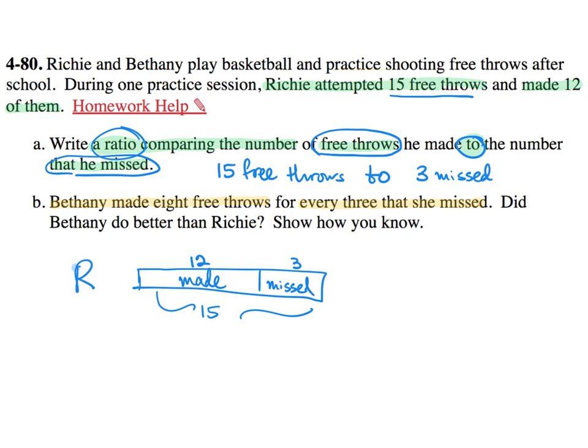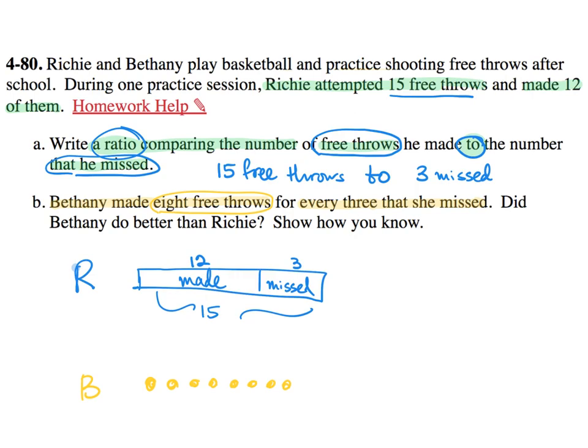Let's take a look at how we're going to do Bethany. So she made 8 free throws, but it says for every 3 that she missed. So if I say 1, 2, 3, 4, 5, 6, 7, 8,